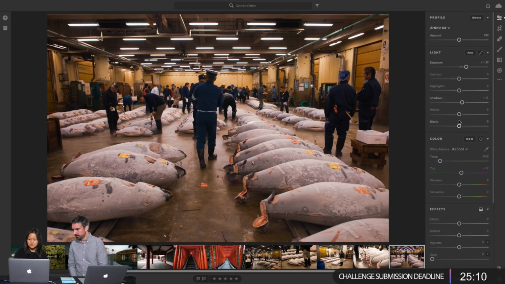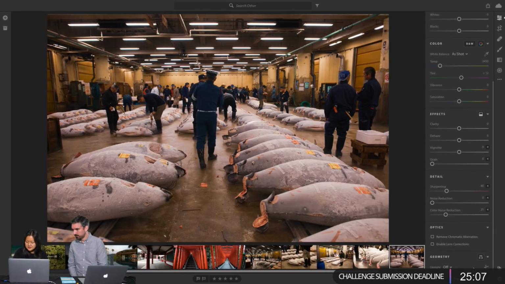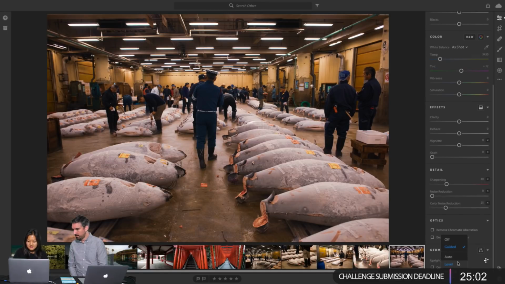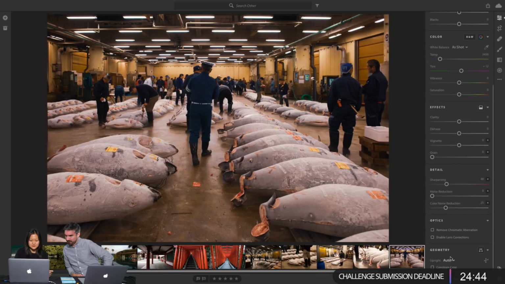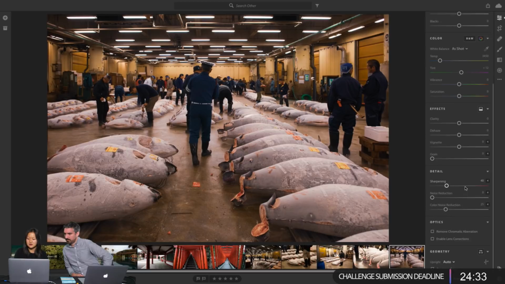Okay. And then I actually really love, let's see, now we have these geometry tools. So I'm going to see what it looks like. Sometimes I like to see what auto does for the top. Yeah, because it's kind of tilted. Okay. I don't know if it's going to be better. Sometimes I don't know if making that adjustment is going to make it look better or not, but I like to try. And I like to see what auto does for me. It's actually not so bad. What it's done is kind of throw it off center, though. Yeah. So what I might do is kind of go with that, because it's pretty good.